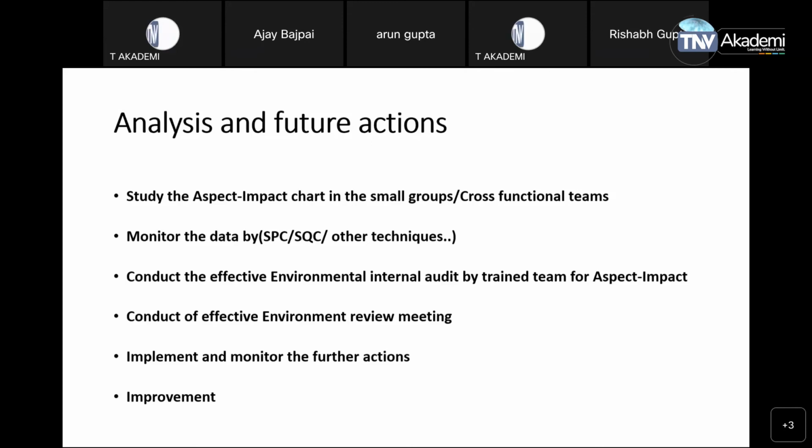We see the ERM minutes of meeting, and we find that what was discussed 3 months back, actions are not done to that extent. Why not? So we discuss, we raise non-conformities or observations depending upon what was missed out, how it was missed out, why it was missed out, and what were the details of technicalities with respect to the aspect identification done. And finally, the theme of the environment standard, the aspect identification, the impact planning, the legal understanding interrelated with the aspect identification, all that should be leading us to